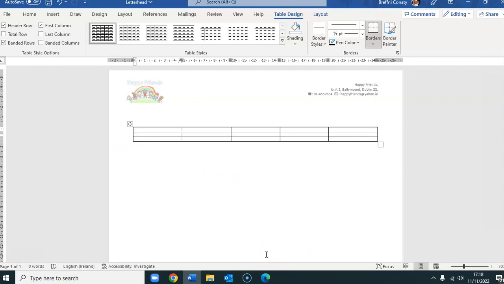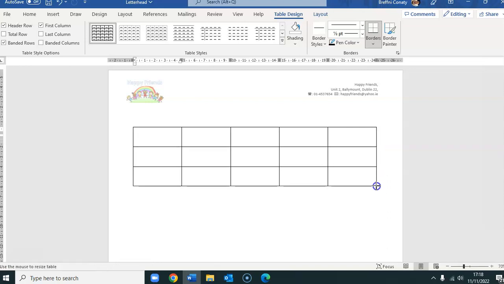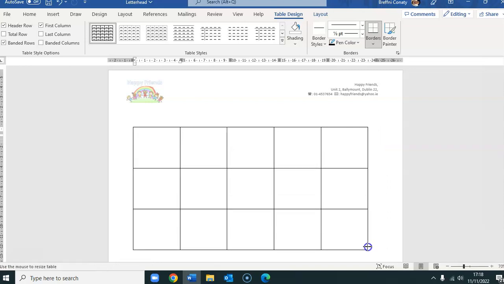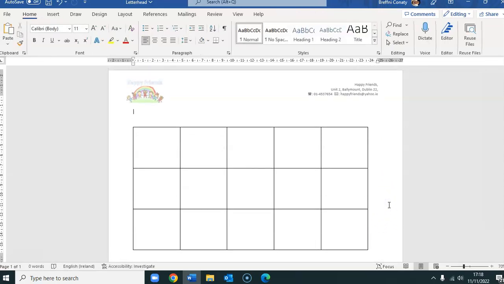And a bit like in an earlier video where we'd made an image smaller, to make this image bigger, if I go over to the right hand side and I kind of grab on it with this arrow again, I left click and hold and I pull it down, I begin to make my table to the size that I want. Okay, so that's a basic insert of a table, and what I'm going to do with this is I'm going to change it, and I've purposely made the table not kind of suitable to my needs, but I'm going to call this table our weekly activity